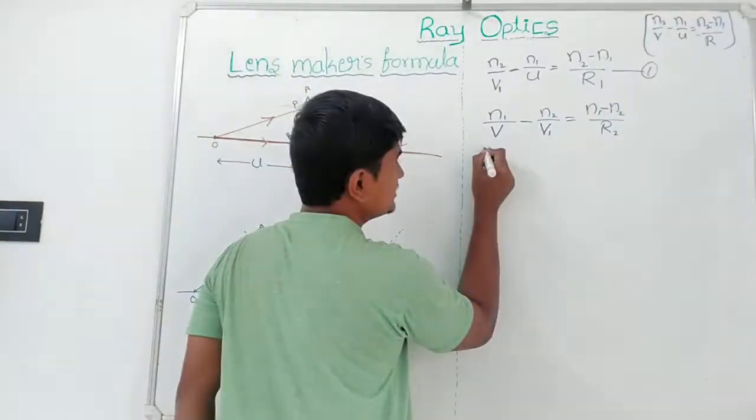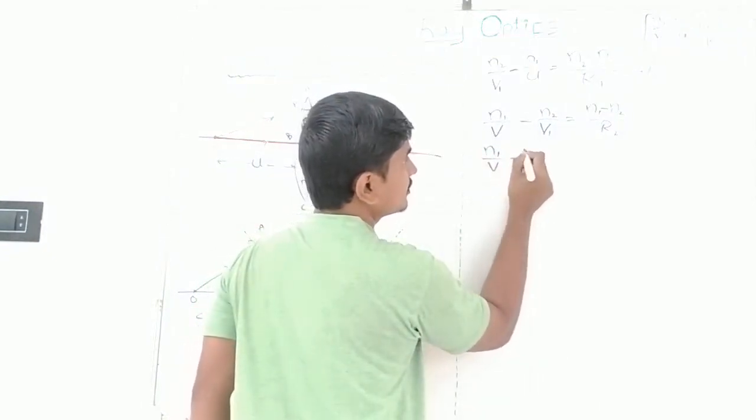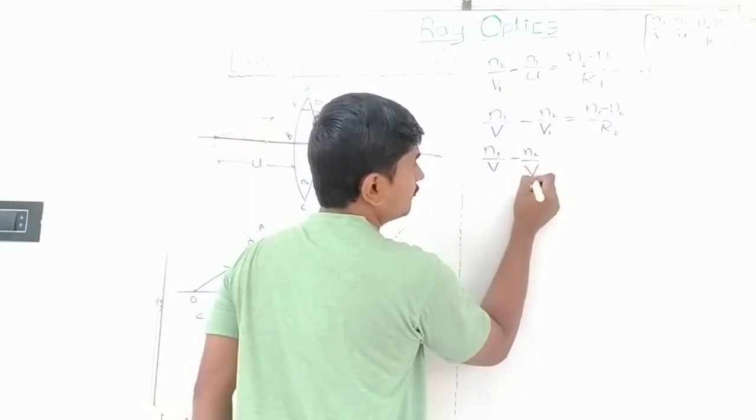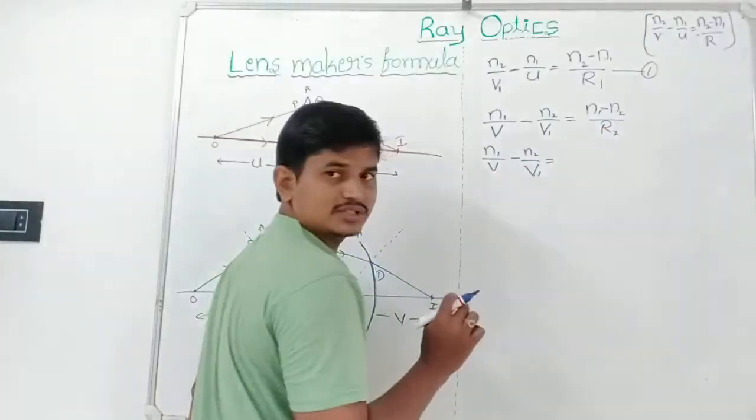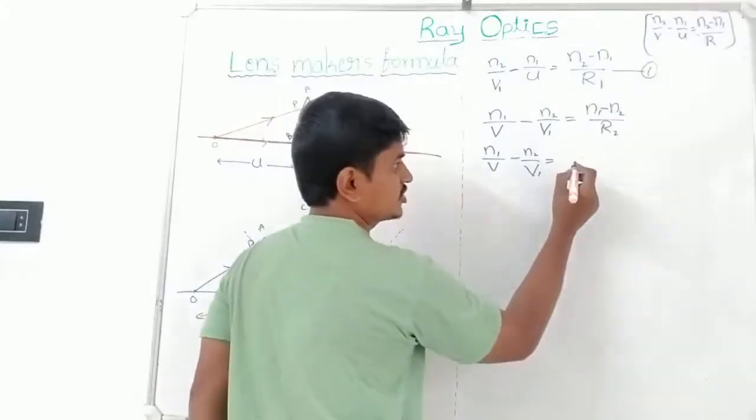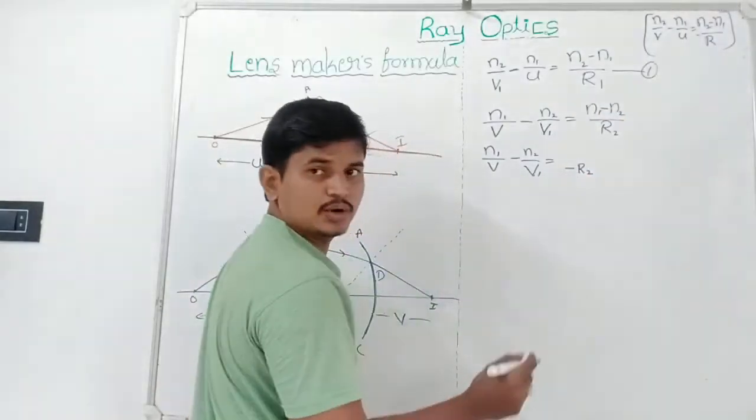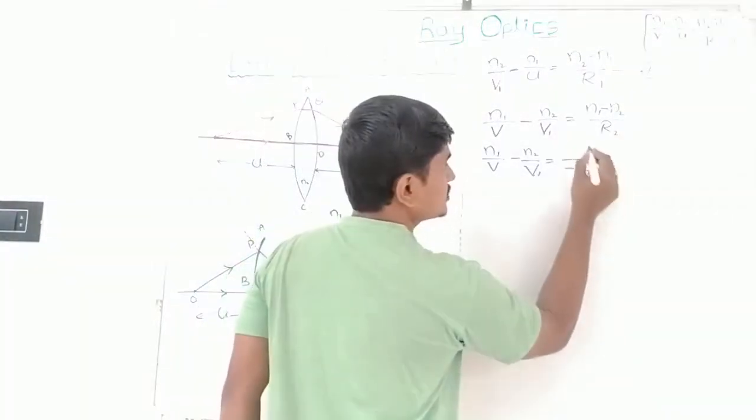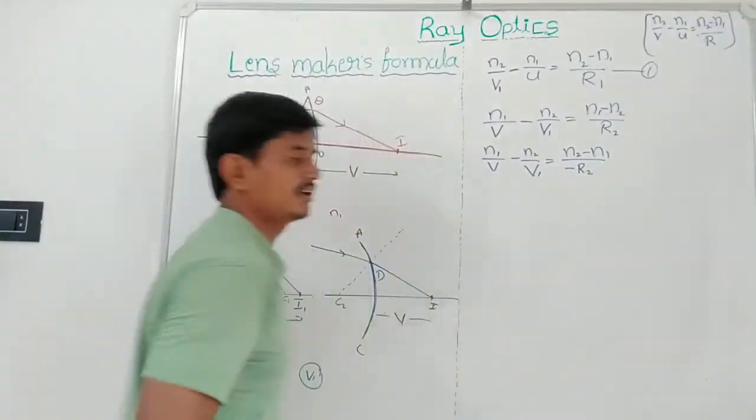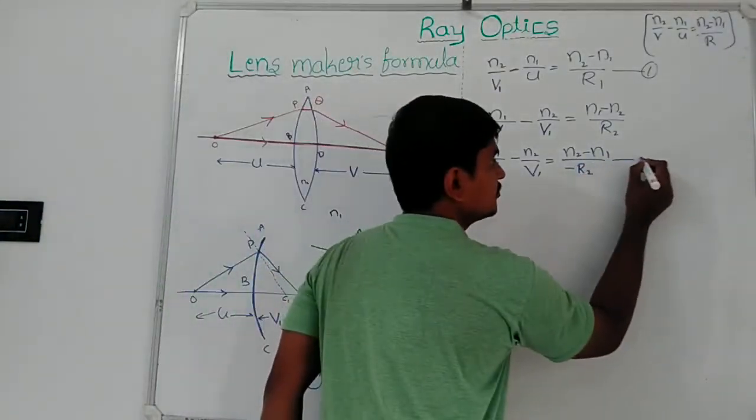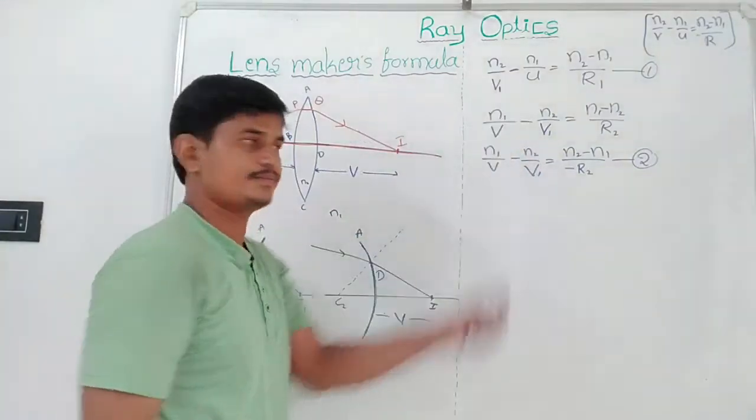it can be written as N1 by V minus N2 by V1 is equal to, so the minus term I keep outside on the RHS, minus R2. Now I took a minus outside and then it becomes N2 minus N1, and this is equation number 2. Now adding these two equations,